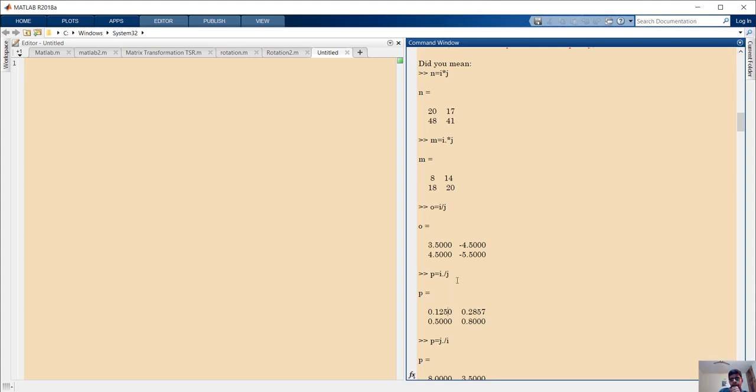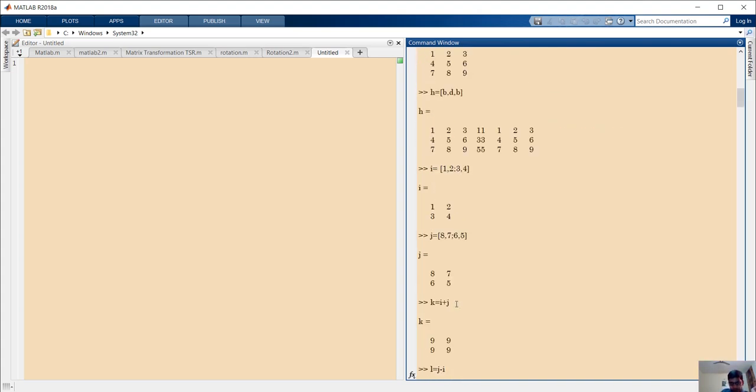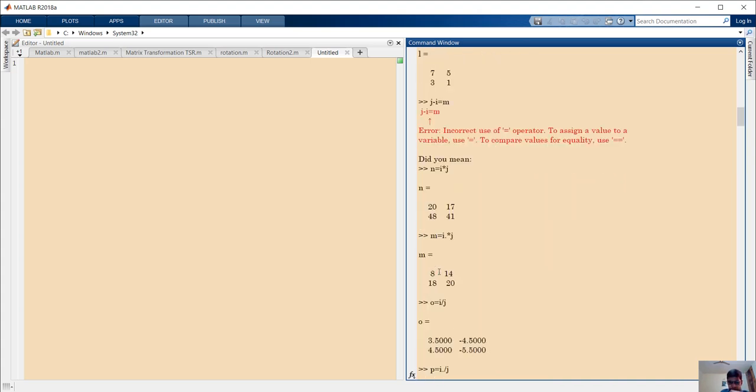So this is I: 1 by 8, then this will be 2 by 7, and this will be 3 by 6, and this will be 4 by 5. Yeah, if you can recall, I have just divided element wise this. Okay, now you get the idea.